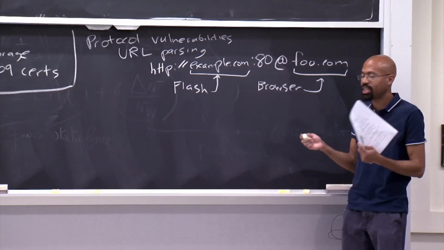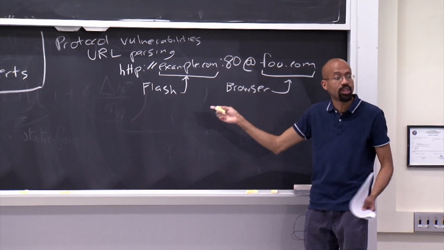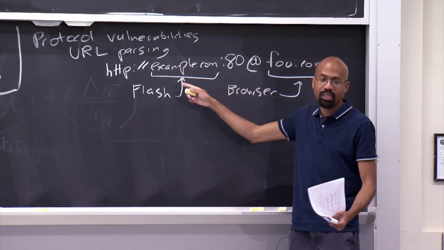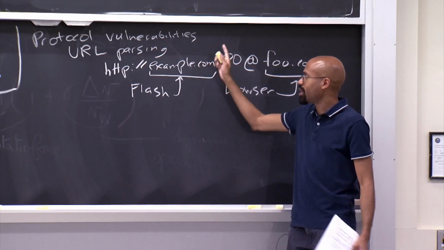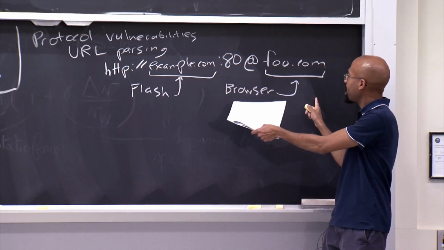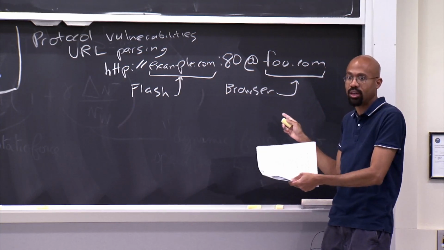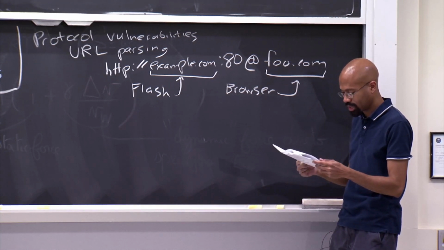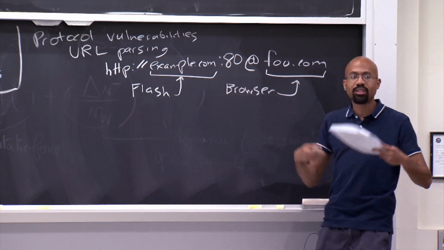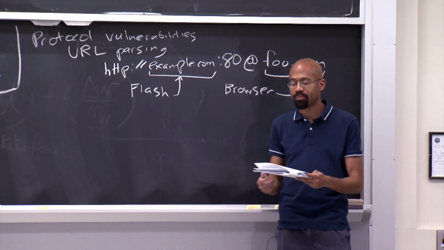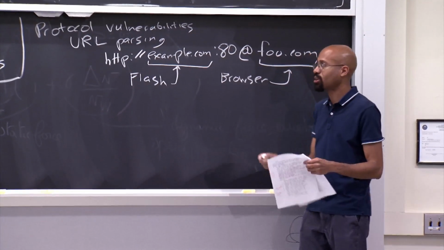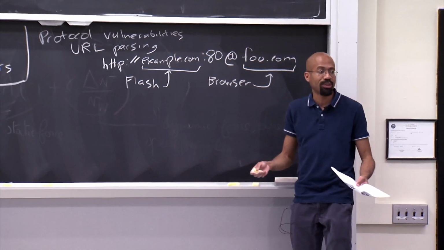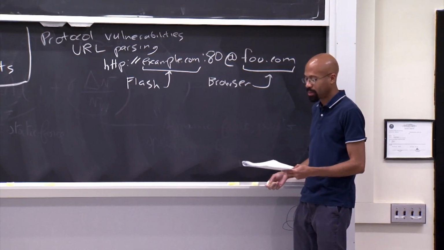Because once you have two different entities who are confused about the origin of the same resource, then you can get into all kinds of nasty problems. For example, the Flash code could be malicious and could download stuff from example.com. If it was embedded in a page from foo.com, it could then do some evil things there: take some code from example.com and run it with the authority of foo.com. So there are a lot of complex parsing rules like that which make life very difficult. This is a continuing theme, as we just saw with content standardization. The basic idea is that it's often much better to have simpler parsing rules for this kind of stuff. It's difficult to do that in retrospect, though, because HTML is already out there, so all aboard the ambulance.